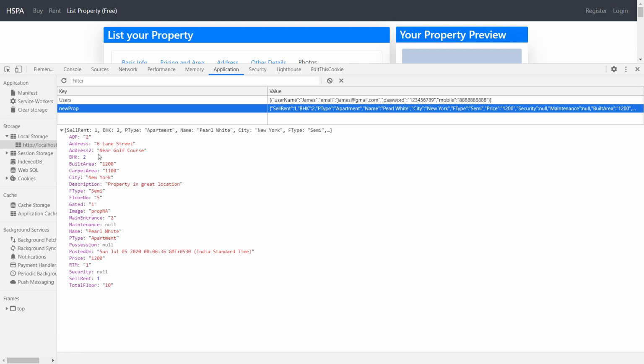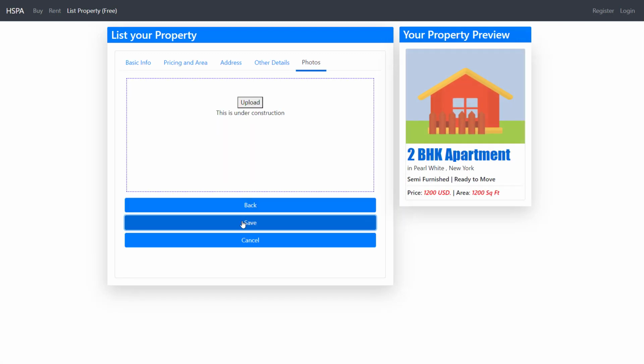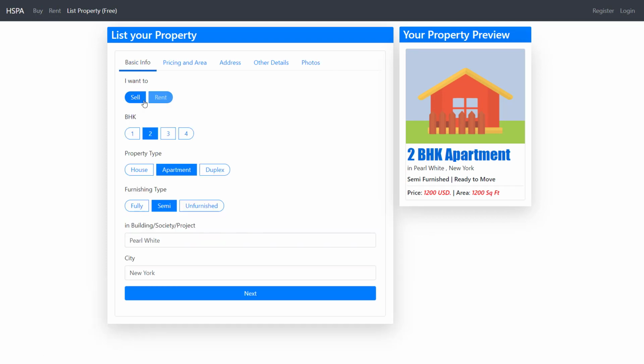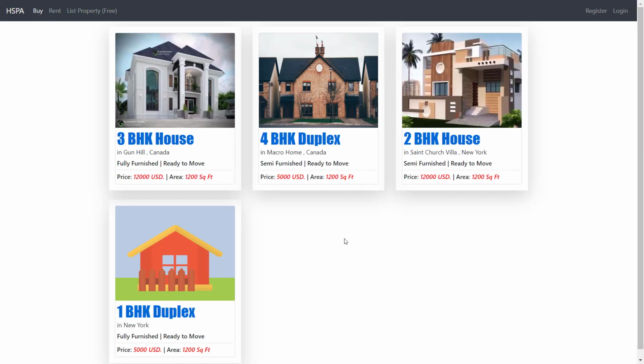Perfect, it's stored successfully. You can see these fields are blank here because there are a few fields we are filling only for rent and not for property we are going to sell. So our property addition form is complete. Next, we will redirect our user to the listing page on the basis of what property he or she has listed. For example, if a user added property for rent, the user will be redirected to the rent listing page and display the newly added property on that listing page.